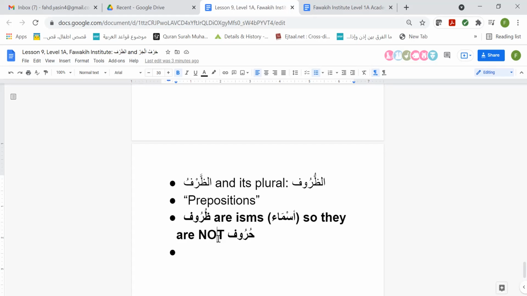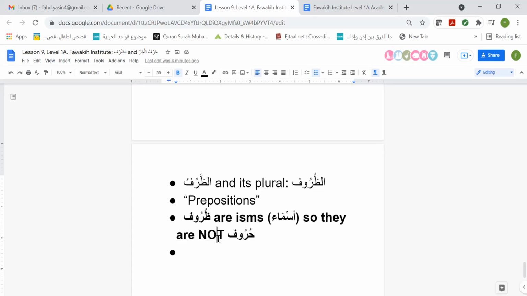When I studied it with my teacher, she would translate things to English, but she insisted on us learning the things in Arabic. And as hard as it was at the time, I'm grateful for it, because I didn't get confused as much. So my advice to you is, don't worry about the word prepositions. I put it there just so that you have some kind of equivalent for it, because I've noticed that Fawakih like to translate everything into English, which is fine to do. But it gets confusing. So my advice to you is, don't learn the English. Unless your teacher requires it, then I guess you don't have a choice.